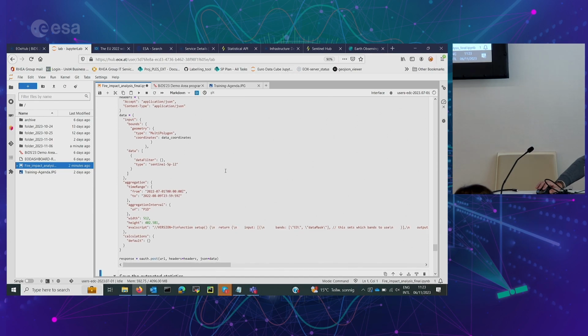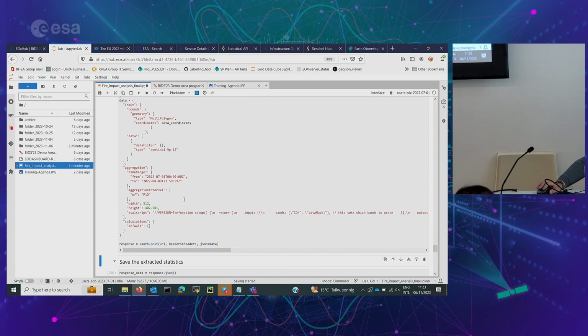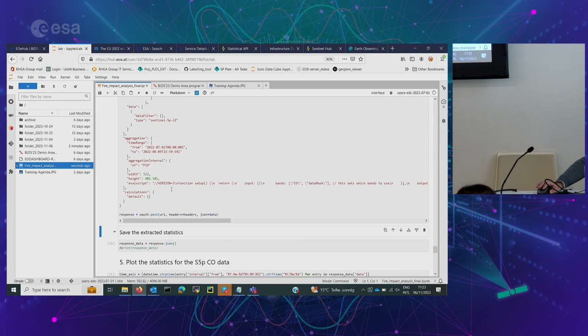We actually set up the time range we are interested in. So as mentioned, the event took place in July. We are setting up a time range from July until August. We will analyze this time window, and the eval script with the information,